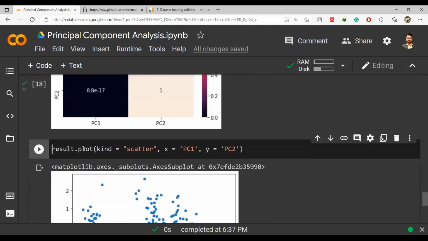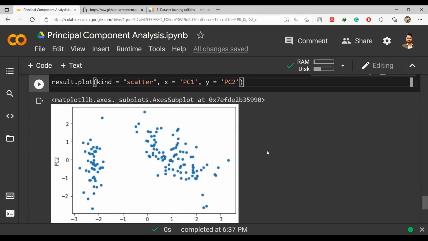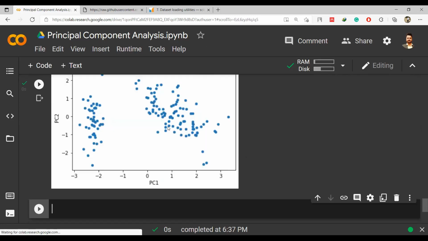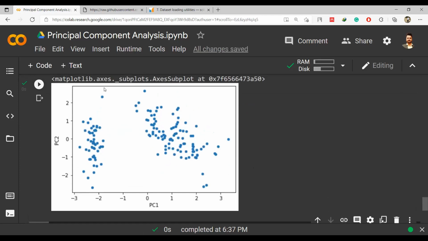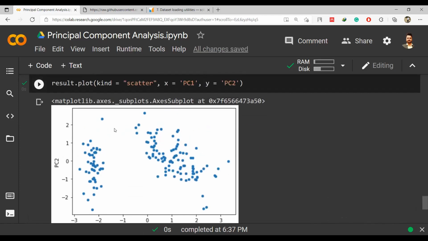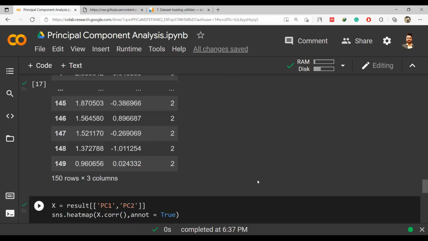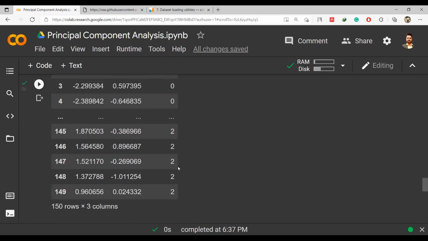You can also plot the scatter plot for PC1 and PC2. It is looking like this. The variance is clearly good. The data set has been scattered across principal component 1 and principal component 2, and at least you can make out that there are two clusters, but the original data set had three classes 0, 1 and 2.